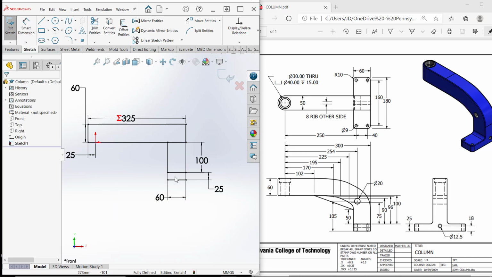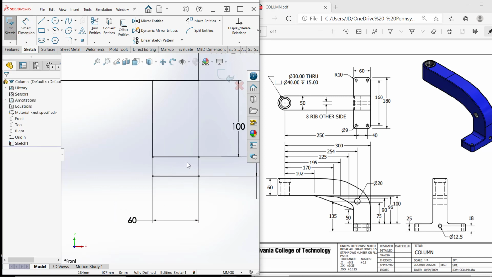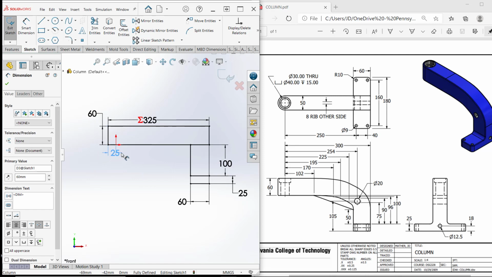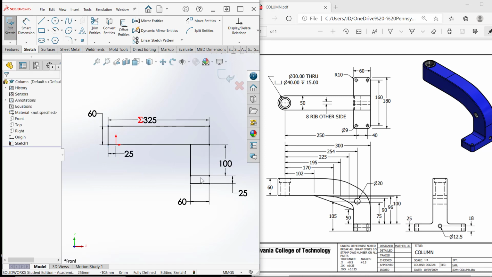Now notice some of these lines are thinner than others. In general, SolidWorks really doesn't want you to put multiple sketches or multiple enclosed areas like this in a single sketch. So we could have done this as sketch 1, sketch 2, sketch 3, but in this case it's just 3 simple rectangles, and we may want to turn